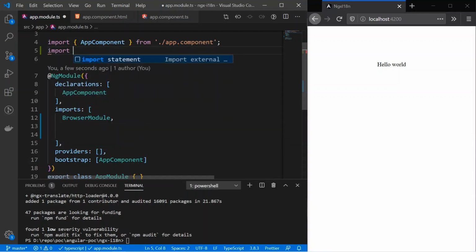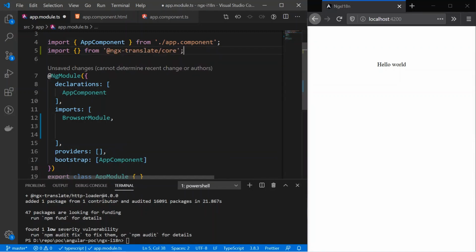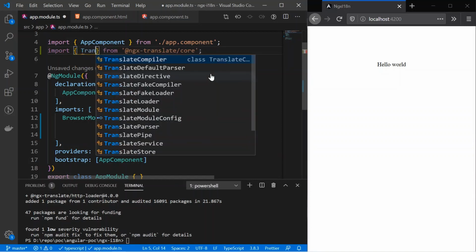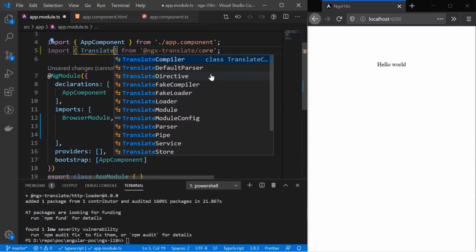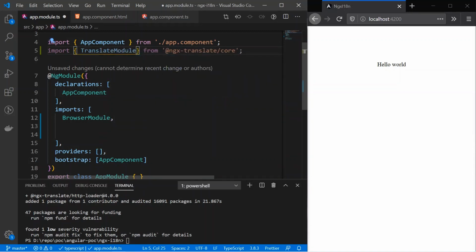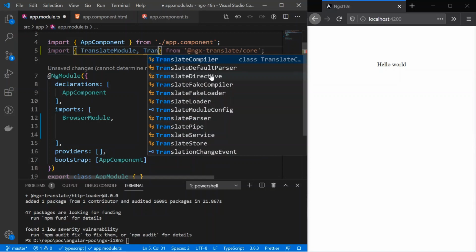From ngx-translate core, the things that we need to import are TranslateModule and TranslateLoader.